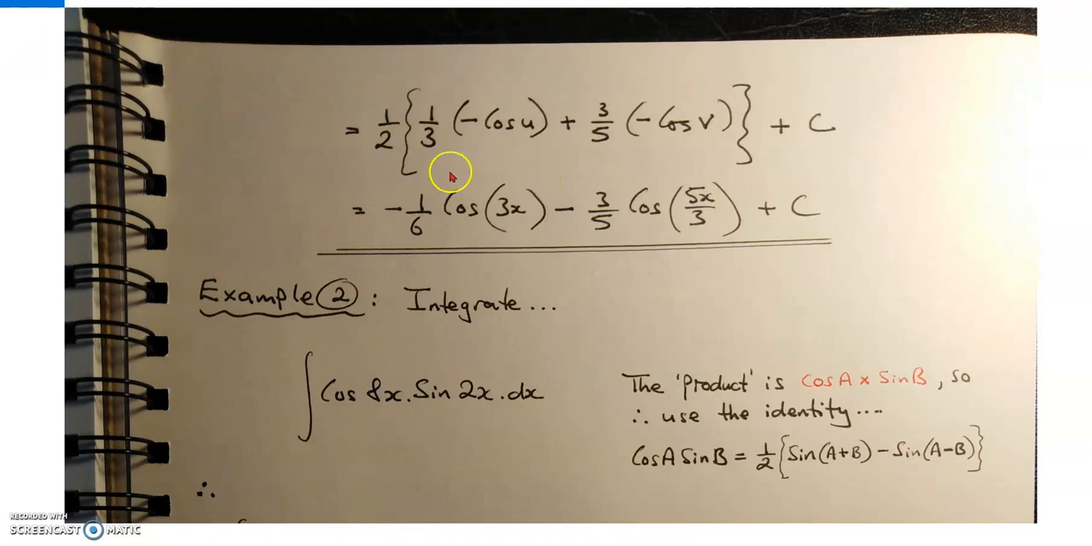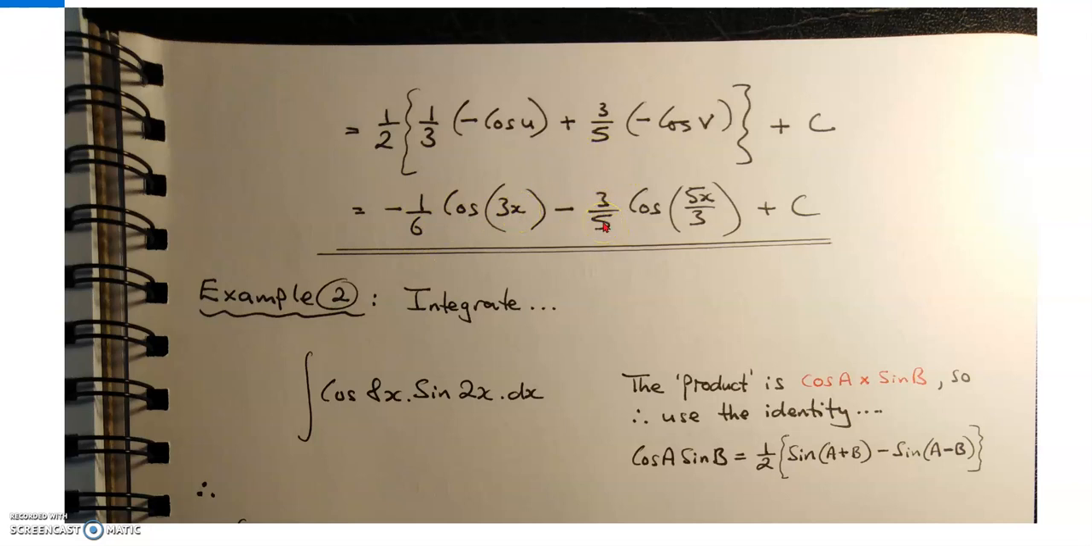So when I integrate sine u du, I'm going to get minus cos u. And when I integrate sine v dv, I'm going to get minus cos v. That minus is going to make that plus go to minus. And this minus is going to stick out the front there. The half now multiplies everything inside, so that becomes now 1/6 times the cosine of 3x minus